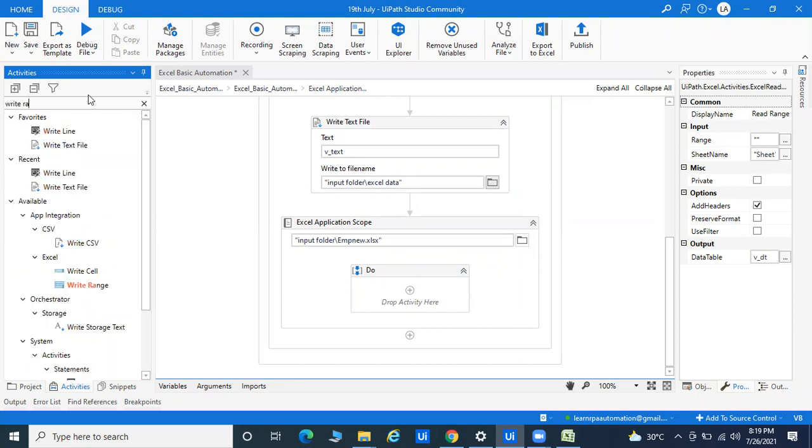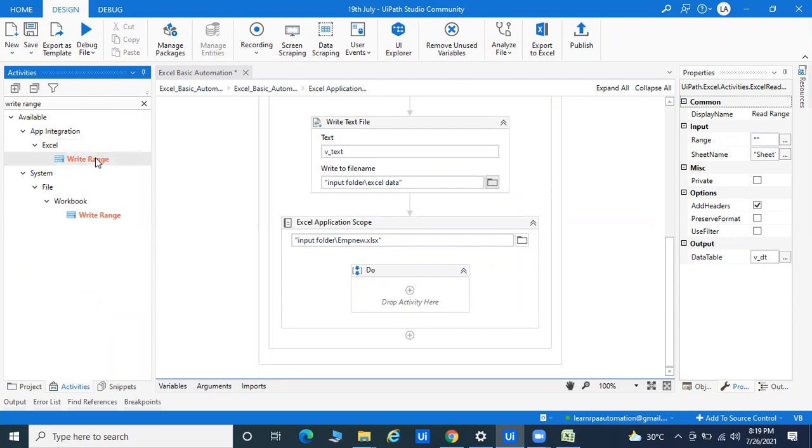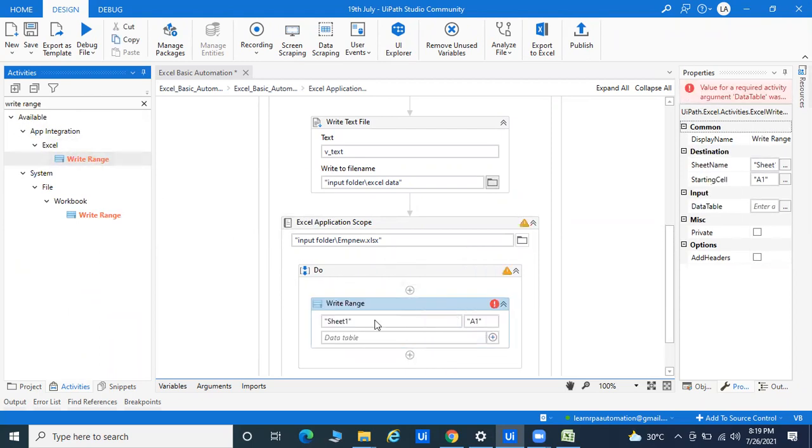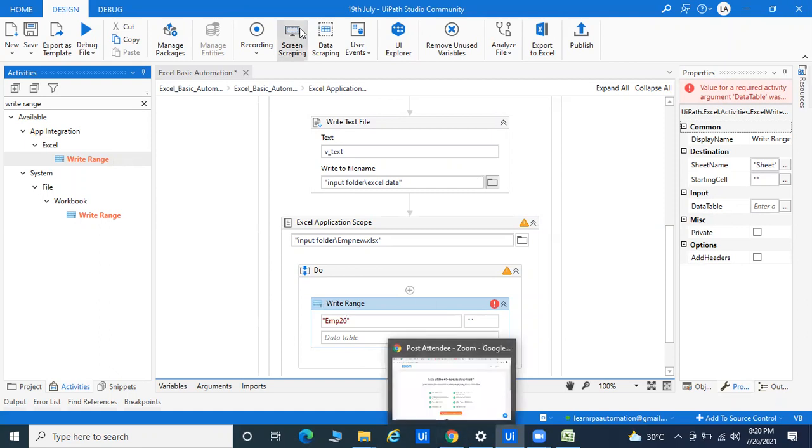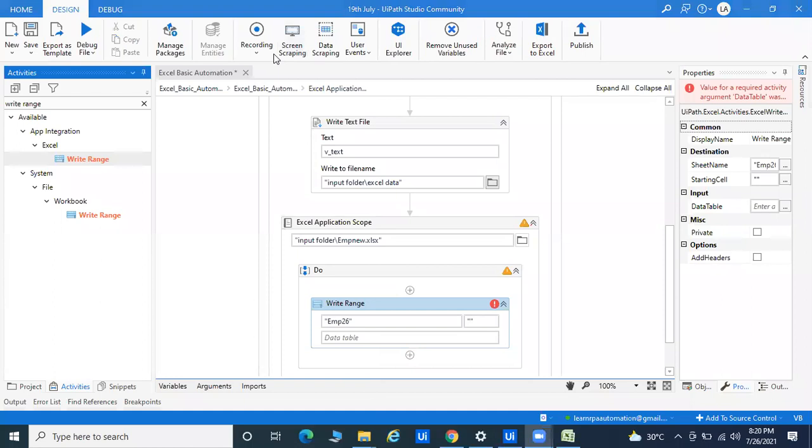For write range, again I'm using the Excel part, simple drag and drop and keep it like this. You can see here Sheet1 and we are getting A1, that is for the particular cell. I will tell you about that also. Right now I'm taking the blank sheet because I'm going to write the full sheet. If you want to change the sheet name, I want to give the name EMP 26 July. So this is my sheet name.